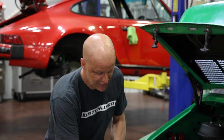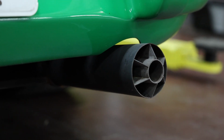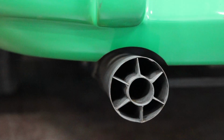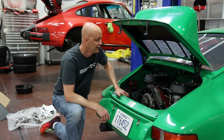So this one, I have a lot of Porsches that run on the street. This one runs no mufflers. It runs the old school cookie cutters. They call them cookie cutters out the back. So megaphones, for the layperson, I guess you'd say. They're shaped like a megaphone. Come right out the back. And it does,